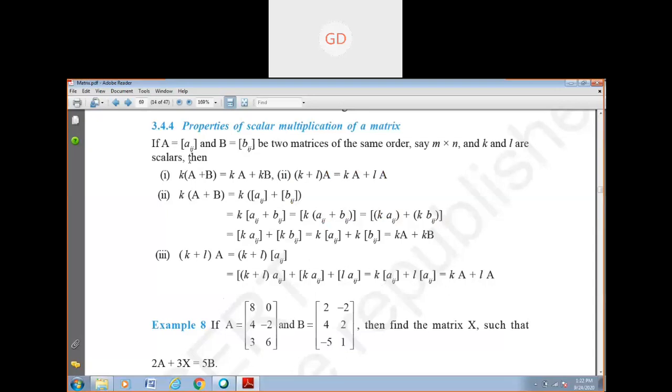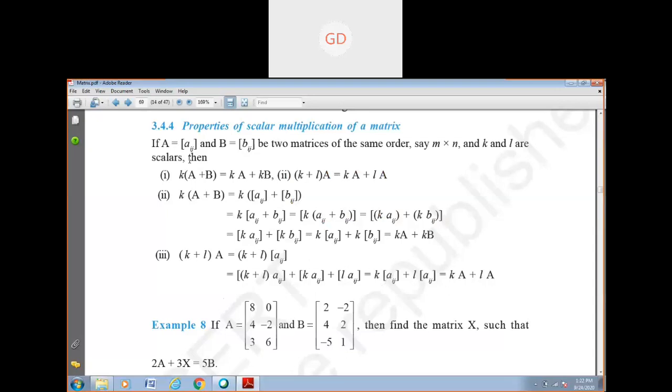Look at the screen, number one: k into (A + B) within brackets. Here A, B are matrices and k is a constant scalar. In a situation where the sum of two matrices is multiplied by a scalar,